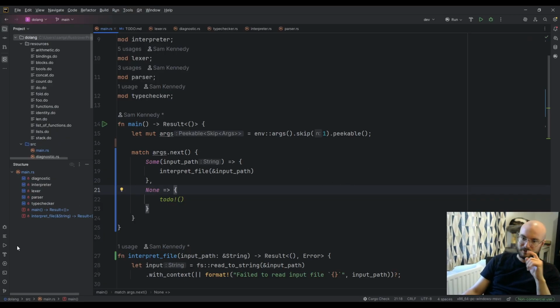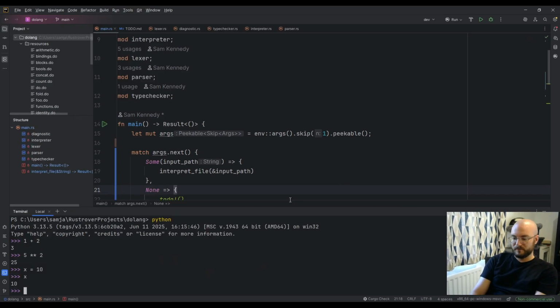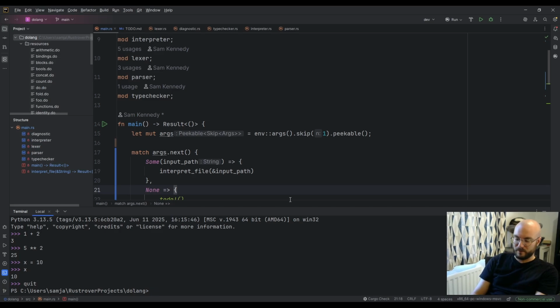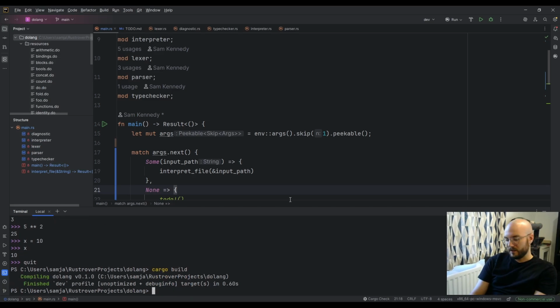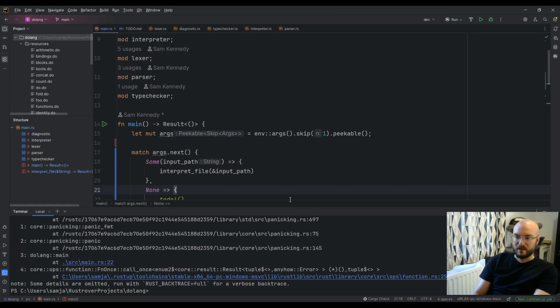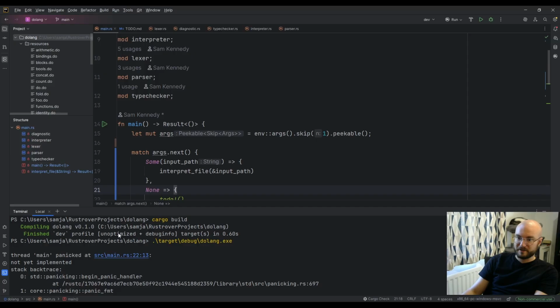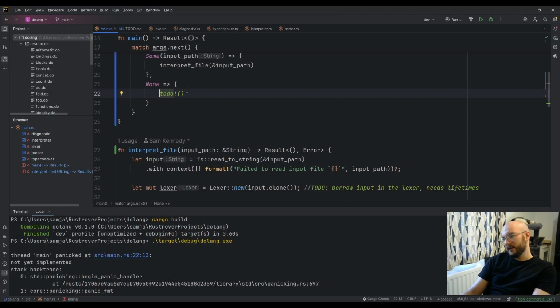Okay, so if we leave Python and we build, and we call dolang with no arguments, well, we get a stack trace, but not yet implemented. We can even say REPL mode.